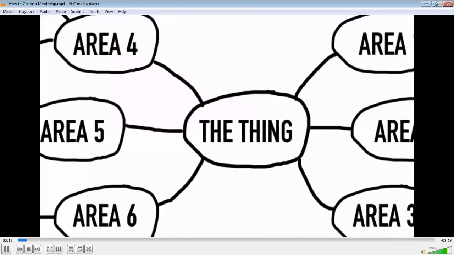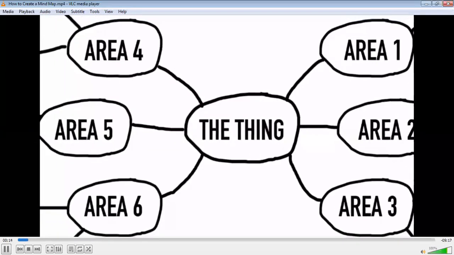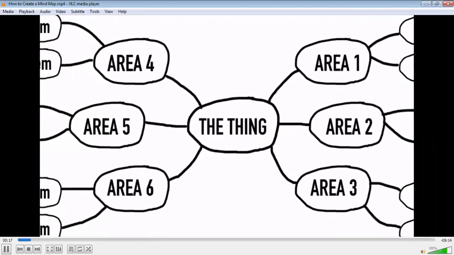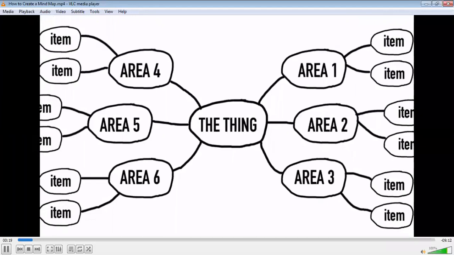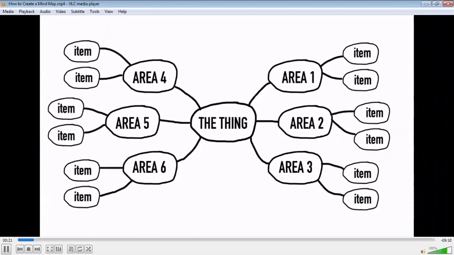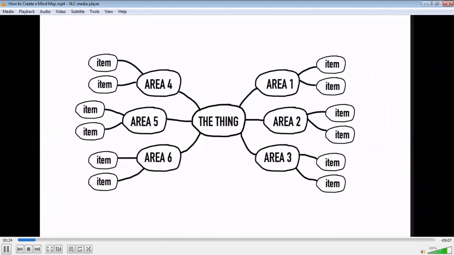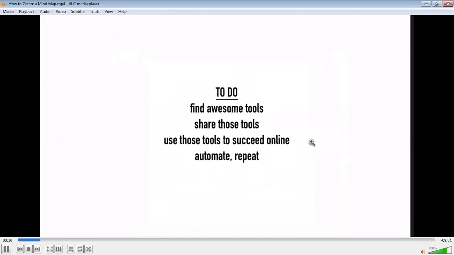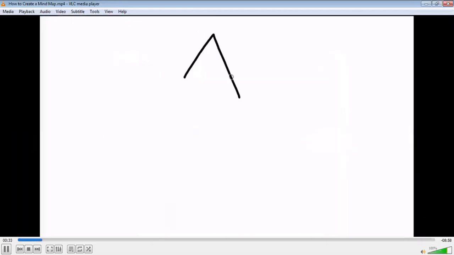Hey, it's Ozzy here talking about how to create a mind map. A lot of people are asking, how do you make a mind map? So let's dive in. The first question really is, what is a mind map? A mind map is a collection of thoughts. Now at this point, you could say, well, that's the same as a to-do list. And in a way, it is. But here's the difference. A to-do list, or any type of list, is a linear thought process.